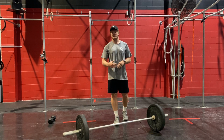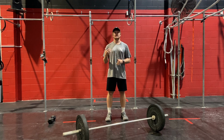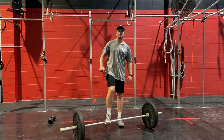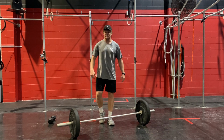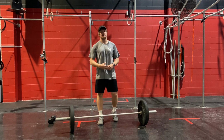So if you're using a barbell that's maybe light, then you can add a couple of reps to that and just focus on technique. So what we've got for the EMOM is you've got to be moving through 1 snatch grip deadlift into a hang squat snatch into a low hang squat snatch. So the snatch